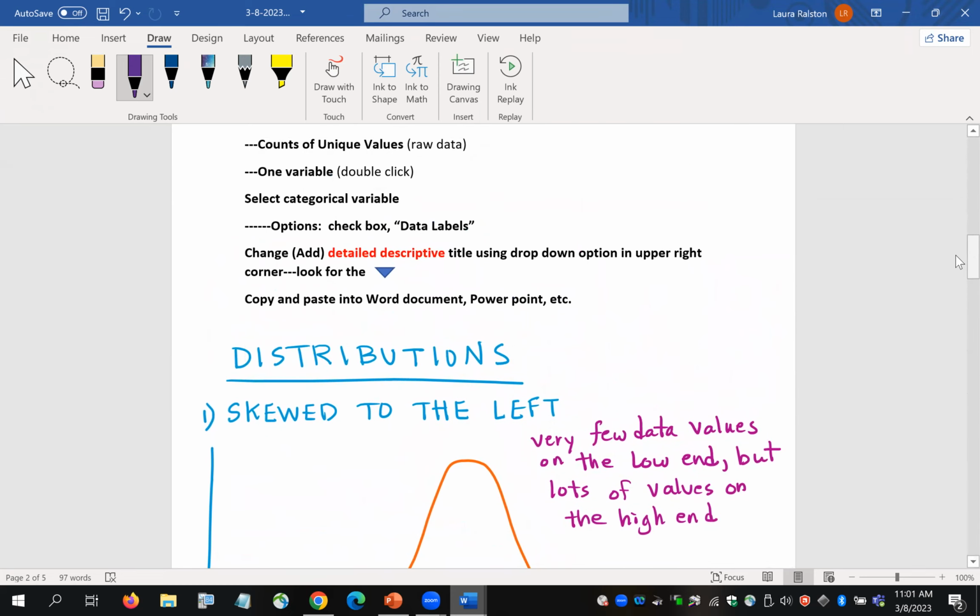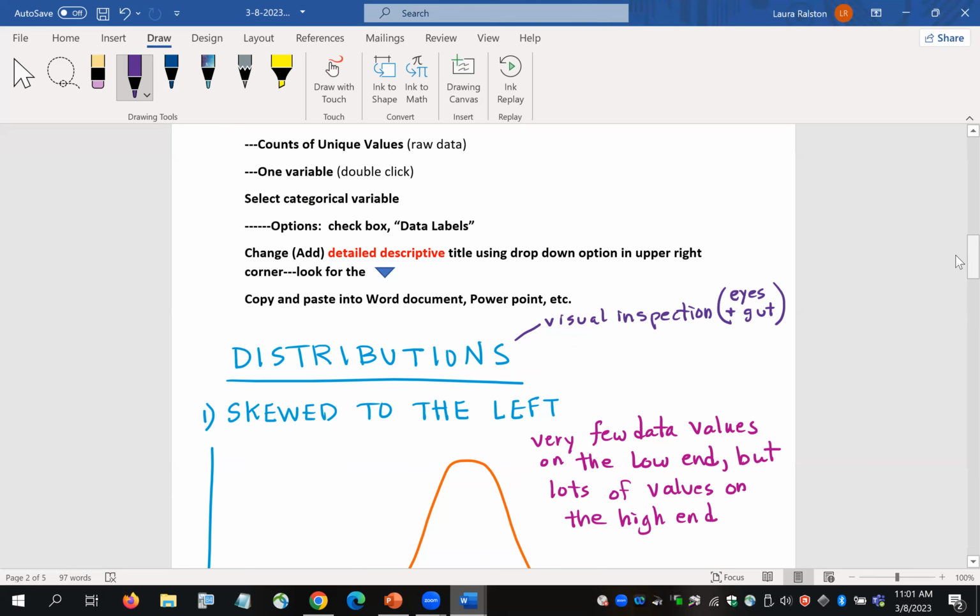So I can do a visual inspection and kind of use my eyes and my gut to think about whether I think the graph is skewed to the left or the other options are symmetric and skewed to the right. But sometimes, guys, it's so close that you just really can't tell. All five of us could maybe have a different opinion. Okay,